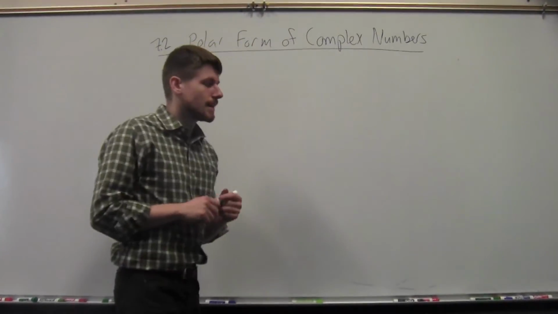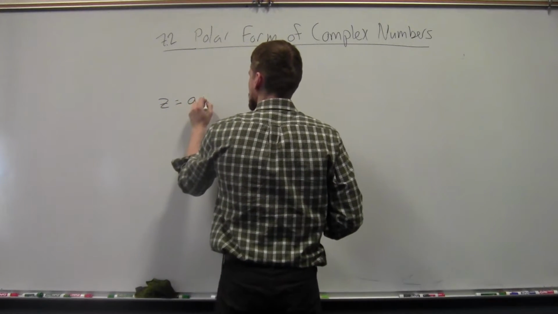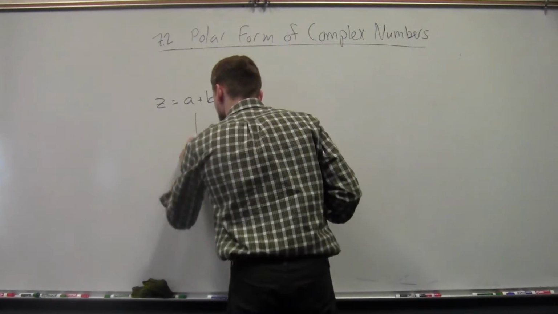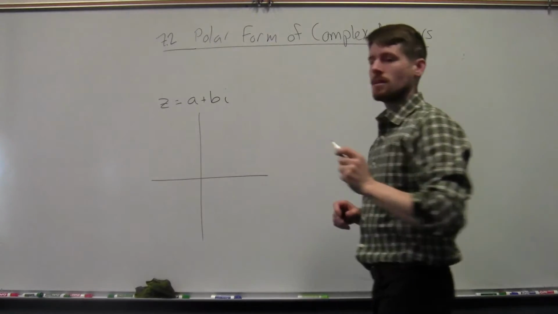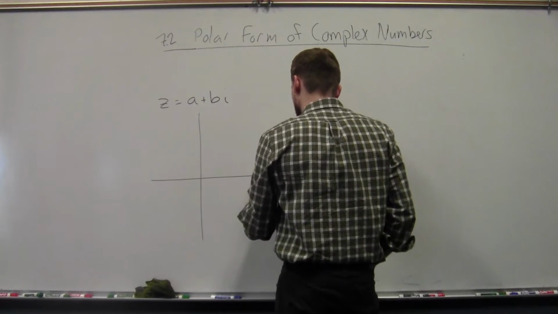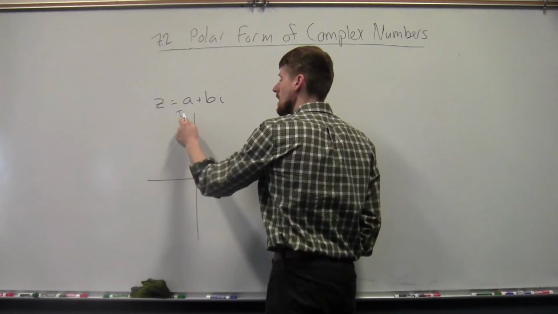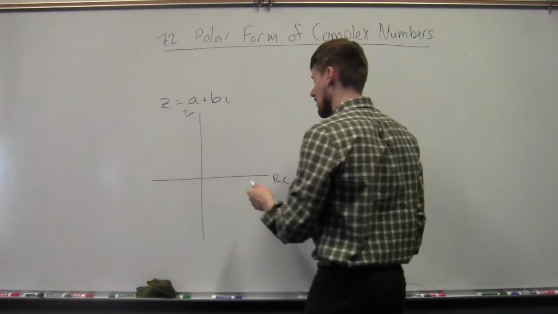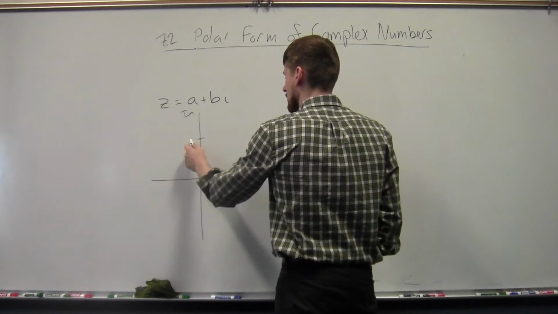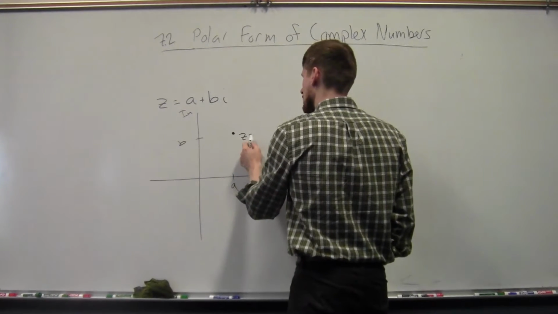Okay, so we've already looked at how a complex number can be thought of as a point in a plane. So if you imagine z being a complex number, then the way you would plot that number is you would think of the real part A as the x coordinate of the point, and the imaginary part B as the y coordinate of the point. So you would find your coordinate A and your other coordinate B, and this would be where z is,